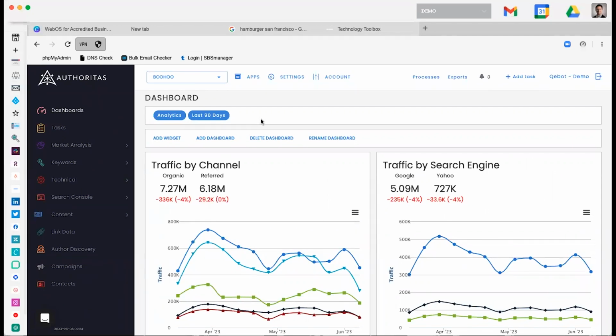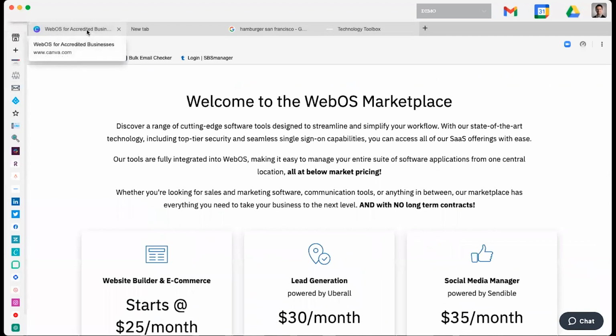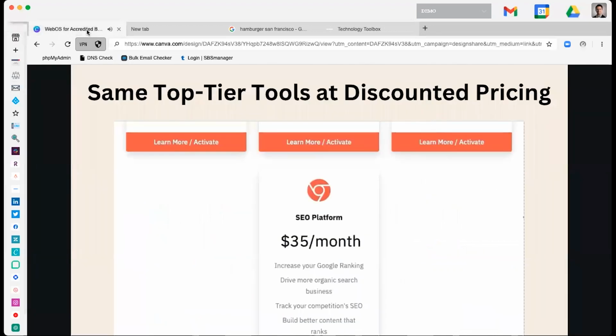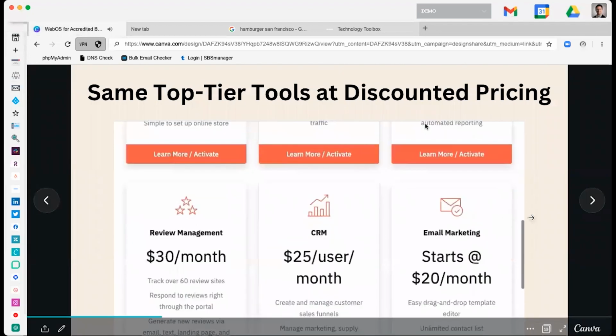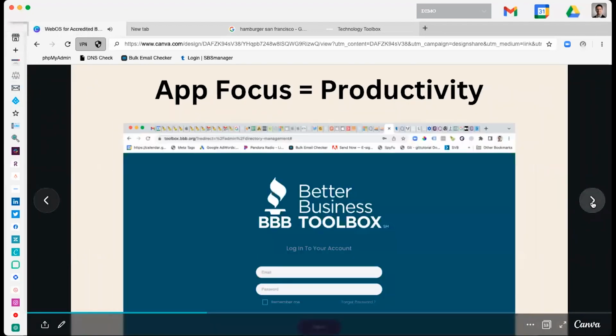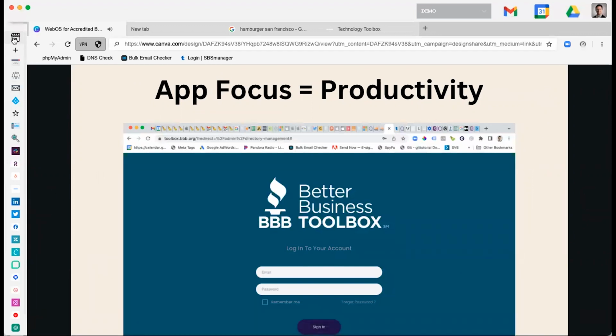SEO profile to make sure that you're ranking for the keywords that you want. So again, great tools in here through our marketplace. Just like we're in the toolbox, you can access all of those tools. But now we're going to start talking about the web operating system as a whole and what that is now doing for you. So as you can see here, we drive a lot of productivity through this platform because not only like in the original platform where you had the marketplace right here, you could access all these tools,